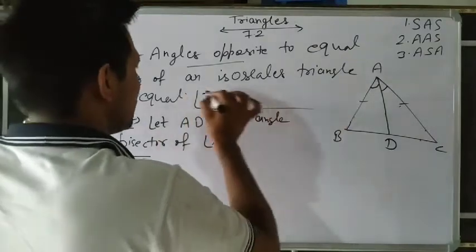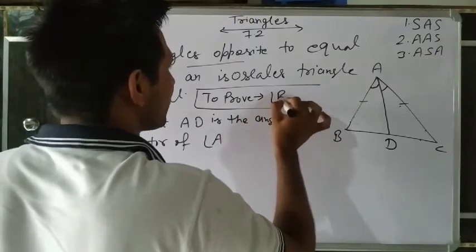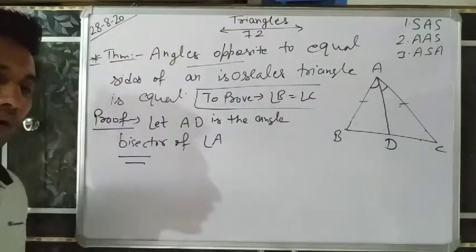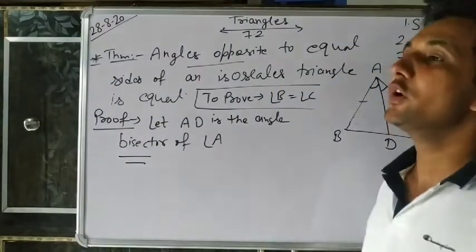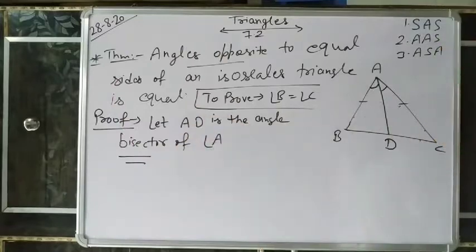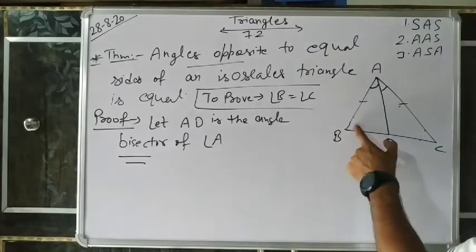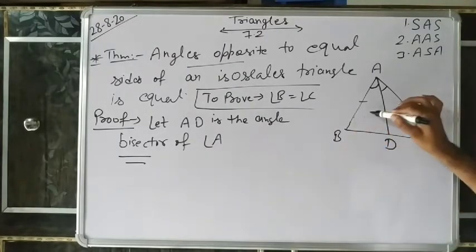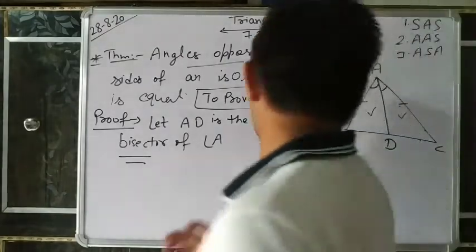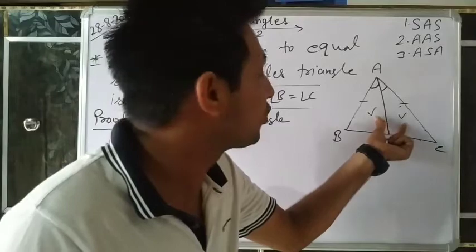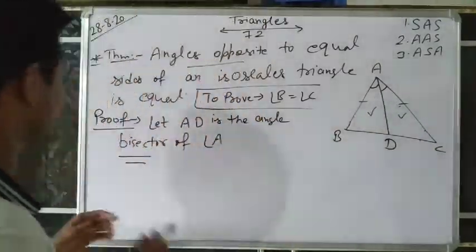Understand it? And we want to prove angle B equals angle C. I already told you, whenever you want to show that two sides or two angles are equal, we take two triangles in which these angles are given, angle B in this triangle and angle C in this triangle, and somehow show that they are congruent. And if two triangles are congruent, then corresponding parts are equal. So we will write